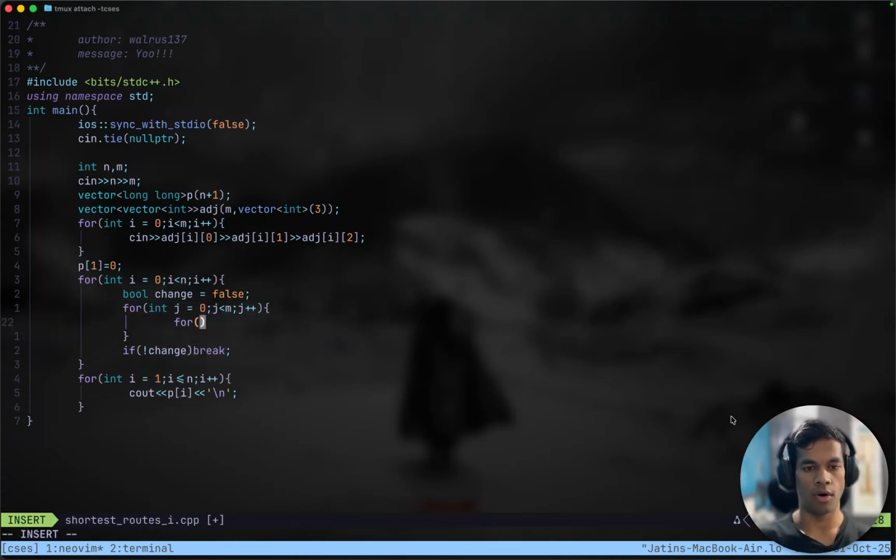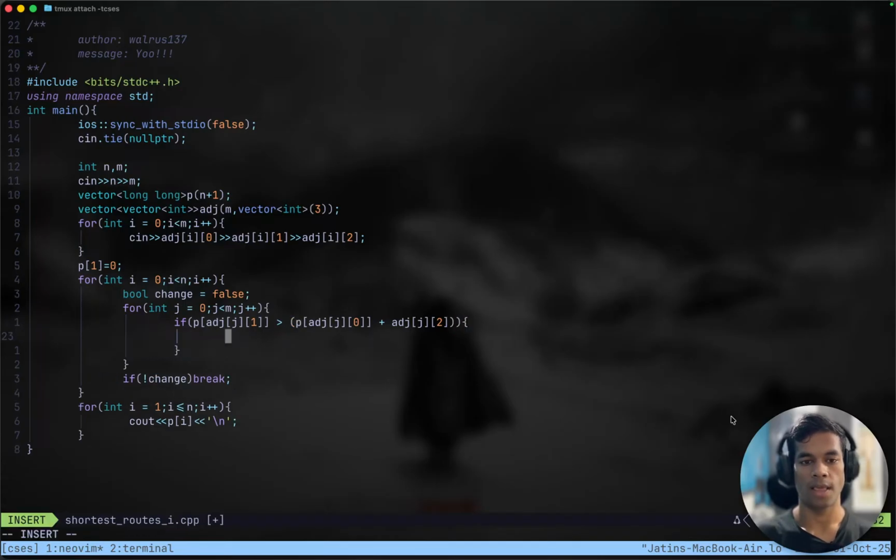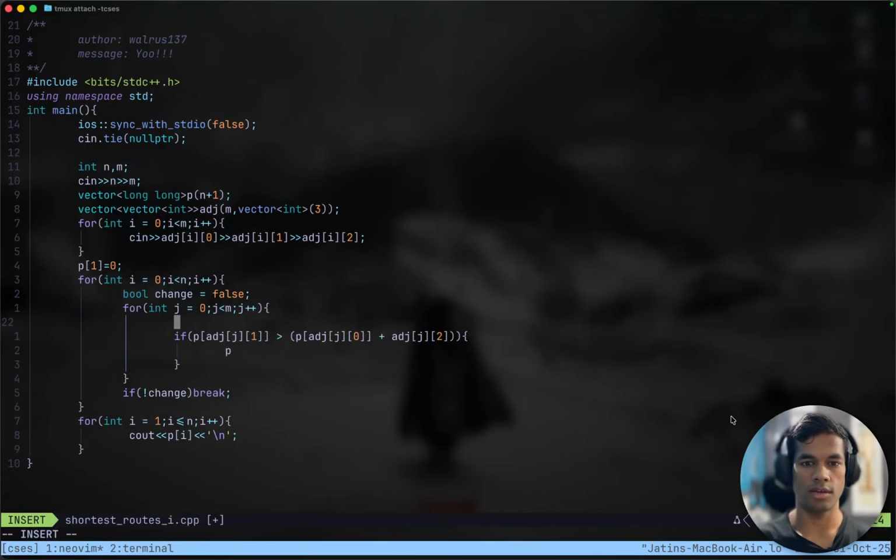Okay. For now. If ADJ path, yes, path to get to the starting point, and the starting point is ADJ J, which is the jth edge, and the ending point in the jth edge is 1. If that is greater than the best way to get to the starting point in the jth edge, the starting point is this, and plus ADJ from the jth edge, the weight for that edge. If that is the case, then we update the path,